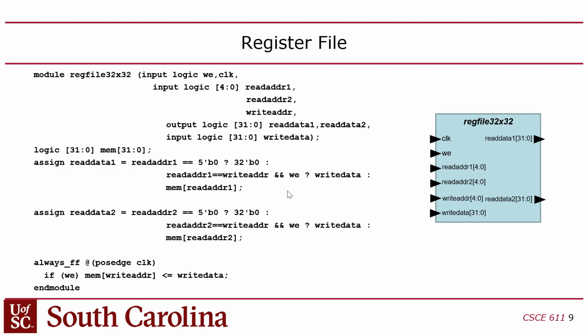Notice that these ports are kind of copy and pasted because both read ports do the same thing. The only difference is you have to change the 1. You know, there's read data 1 and read address 1, read data 2, read address 2, right? So these are kind of the same thing. But they both access the same mem, right? So they're both 2 ports, but they're accessing the same memory array. So if the read address is 0, then I'm just going to say 0, right?